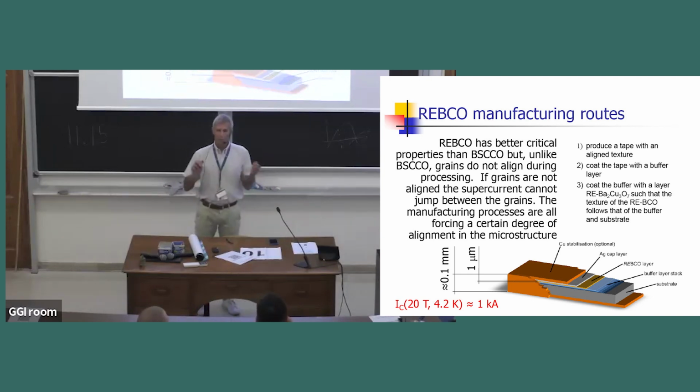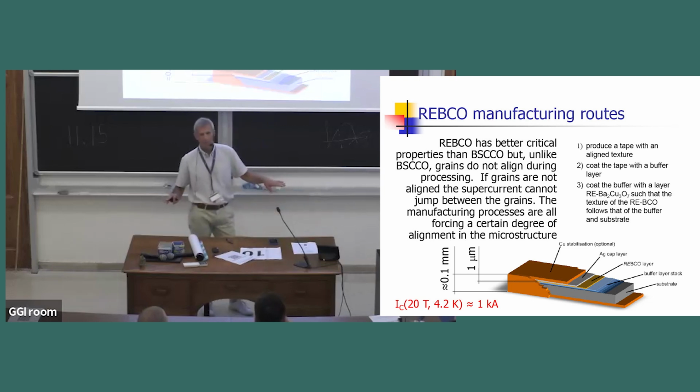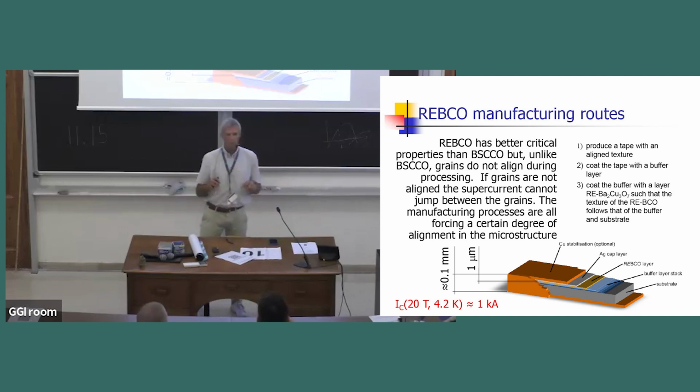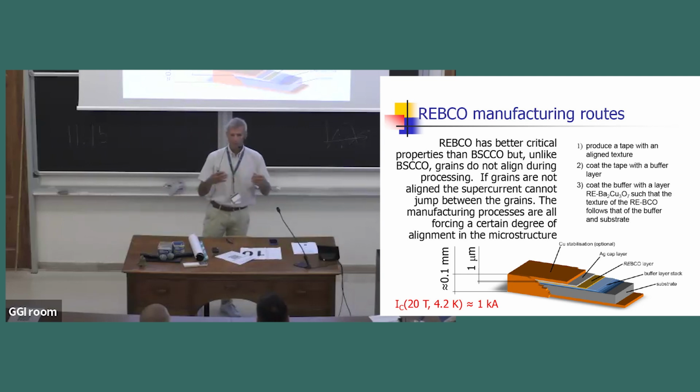They don't come as round wires. The reason is that they're made by a physical process that deposits the elements onto a substrate, and the substrate needs to be very clean and polished, because then you need buffer layers. As in the case of REBCO, the crystals need to be oriented so the current can go through. So the buffers need to be textured so that the position of the elements of the YBCO, REBCO in general, is such that the grain growth happens oriented.